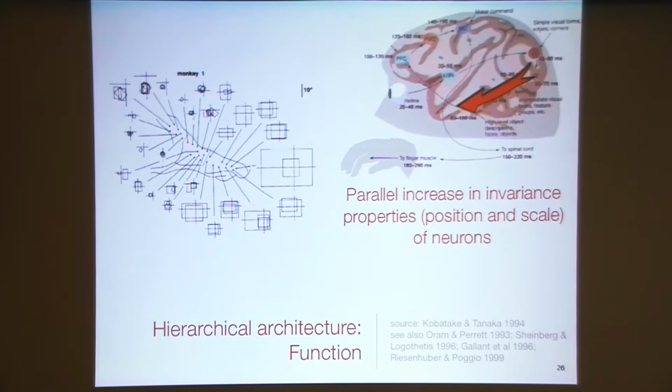Okay. Nonetheless, you see that in early visual areas, like the primary visual cortex, what you see here are receptive fields, their typical sizes. And receptive fields tend to be very small. Okay? So they run from typically a fraction of a degree up to maybe a degree or two of visual angle. For those of you who don't know what a degree of visual angle is, this is the receptive field size unit that we use in visual neuroscience. A degree of visual angle corresponds to the width of my thumb at arm's length. So if you move around your thumb, you'll see that 1 degree of visual angle really is a very small part of your field of view.